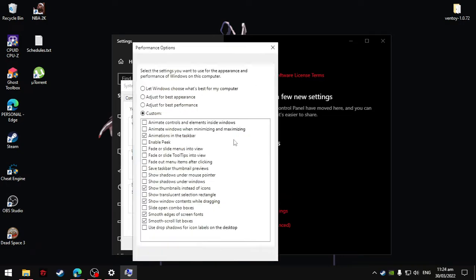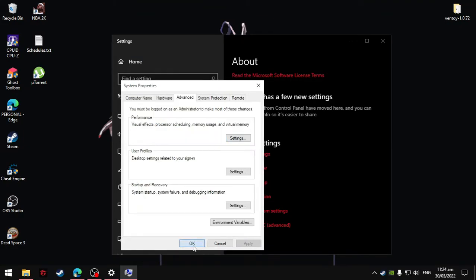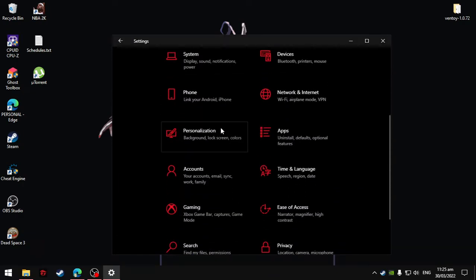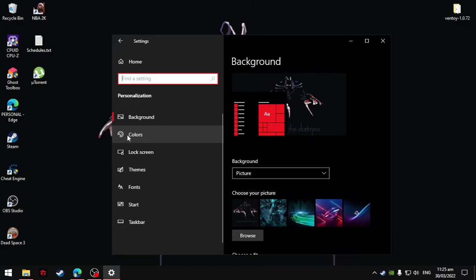press Settings, press Adjust for Best Performance, select Animations in the taskbar, show thumbnails instead of icons, show Windows contents while dragging, smooth edges of screen fonts, then smooth scroll list boxes. After that, press Apply, go to OK, OK, then press Home, scroll down, press Personalization, press Colors,